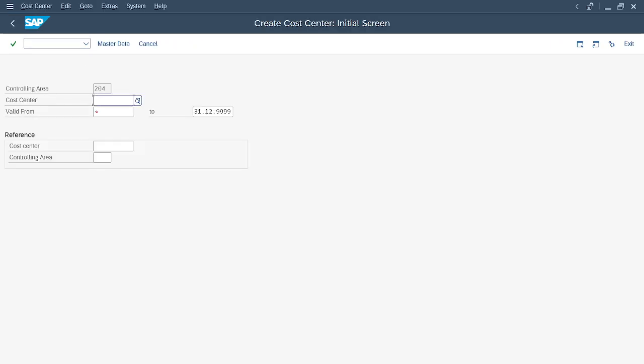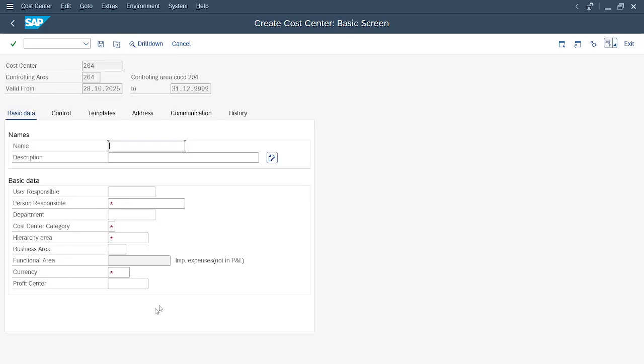Controlling area 204, controlling area identification. Valid from, I'll give the date of today here, and from which date it's going to be activated. On master data, same information.